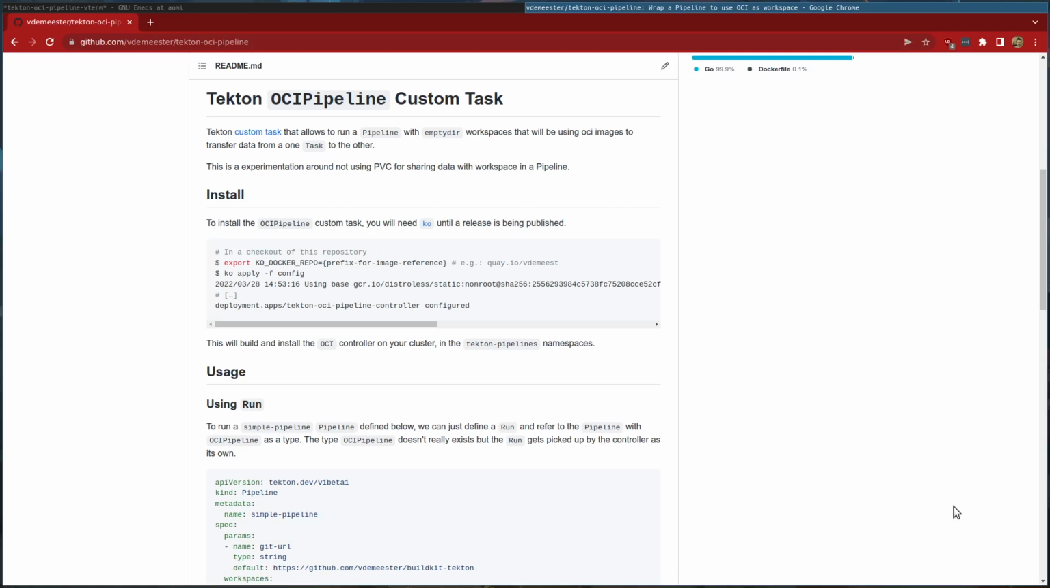So I'm going to do a short demo of the Tekton OCI pipeline custom tasks. This is a weird custom task that allows you to run a pipeline with an emptyDir workspace to share data. This usually doesn't work because the emptyDir workspace is going to be empty each time. But this custom task takes this emptyDir workspace and uses an OCI image instead to transfer data from one